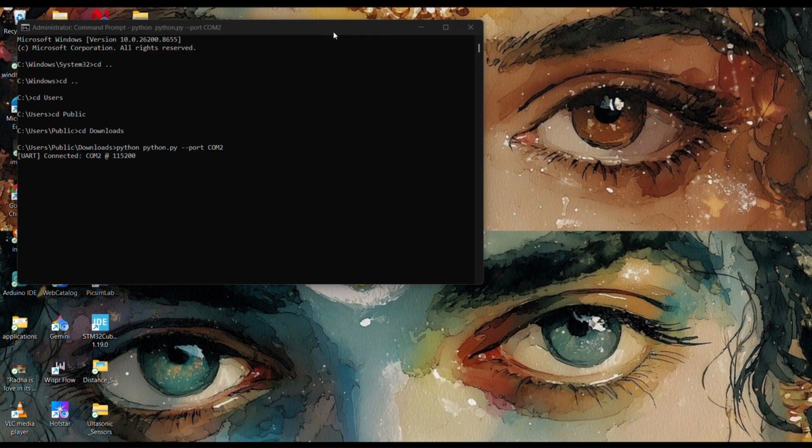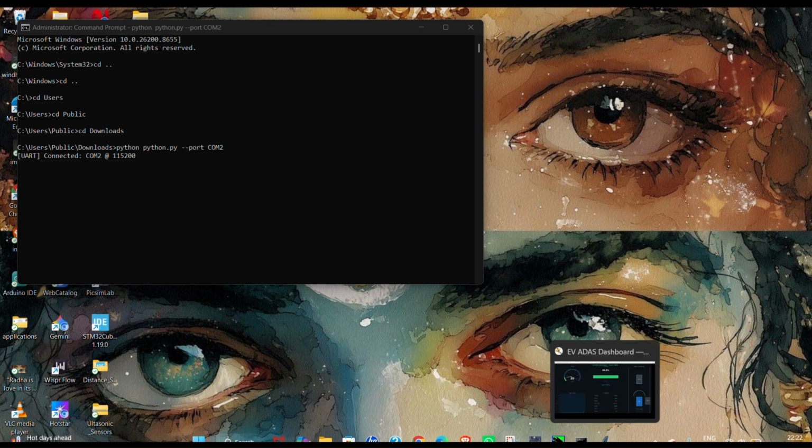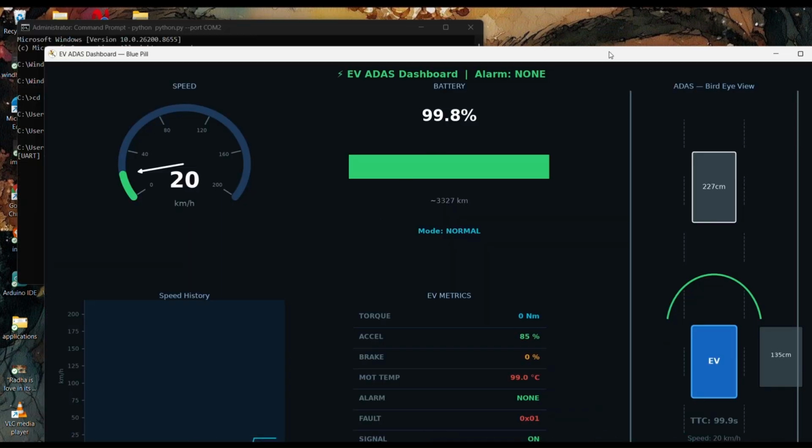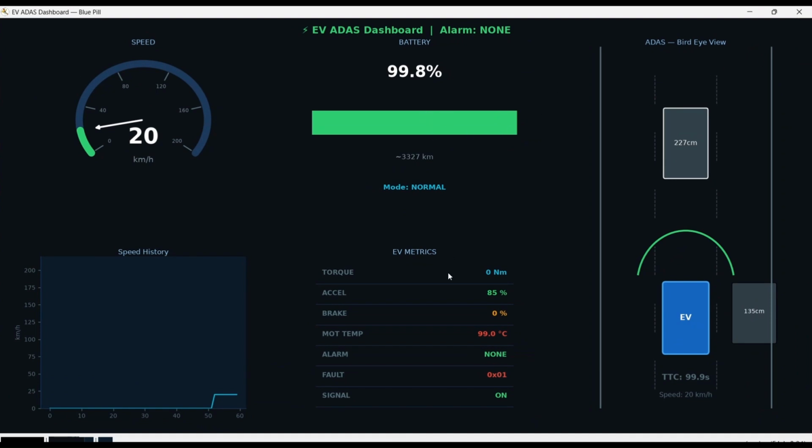Yes. Here we type the file name of our Python dashboard and select COM2, and press enter. We can see the Python dashboard of our project,